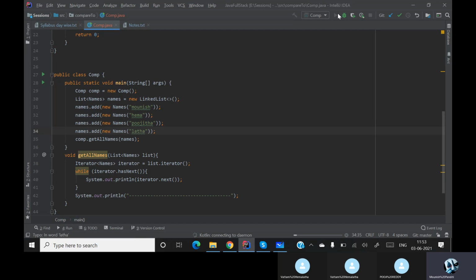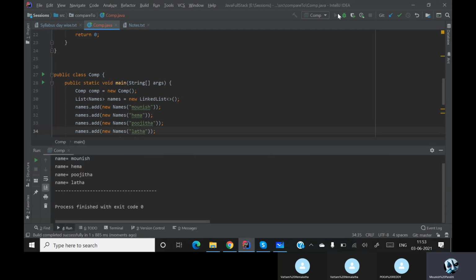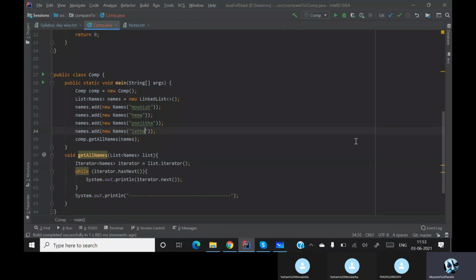Now if I run this, see, no errors, right? We are getting everything properly. We are just boxing. We are not doing anything extra, we are only boxing it.